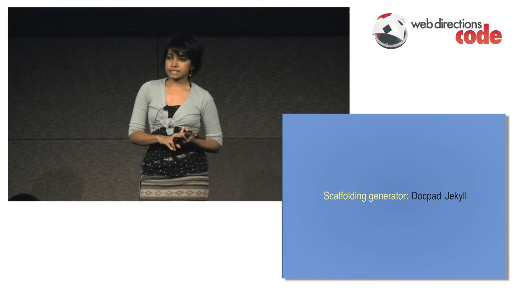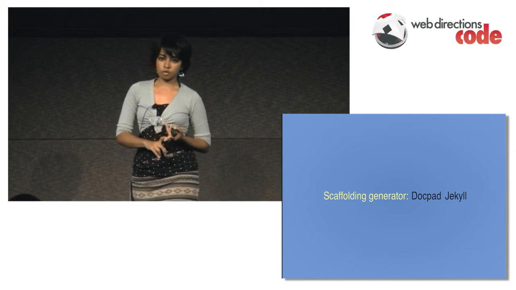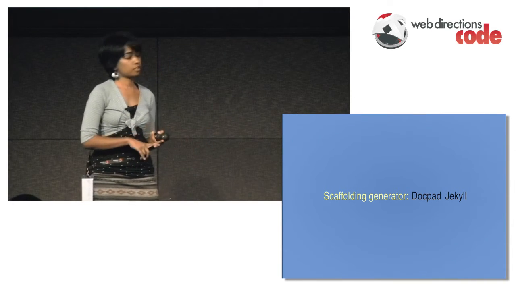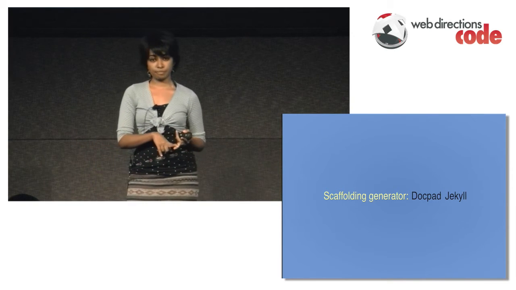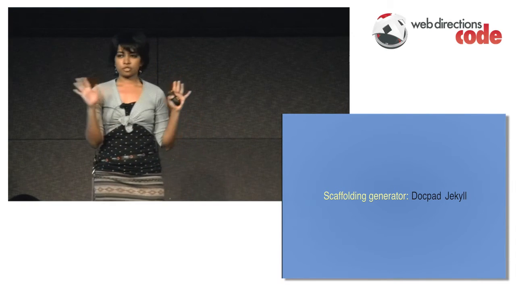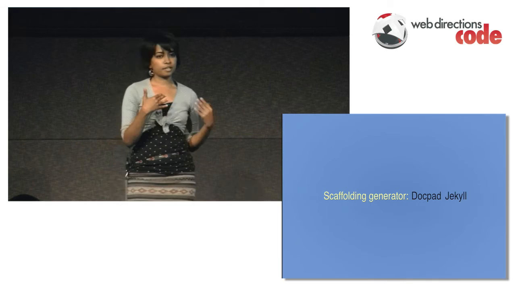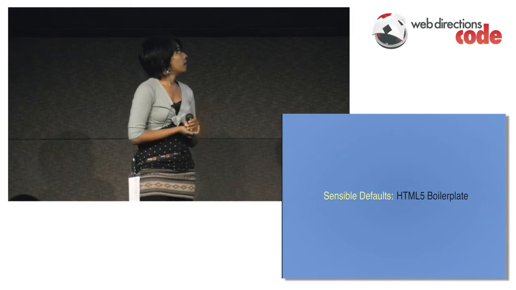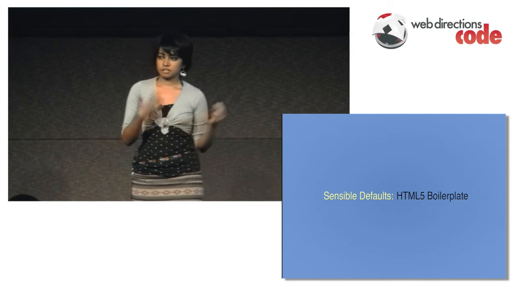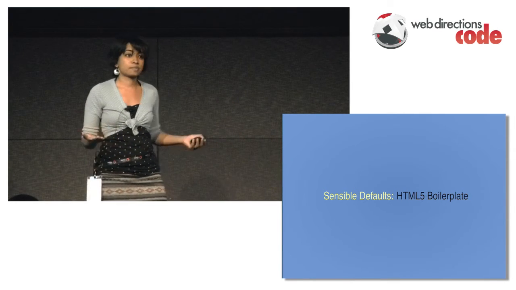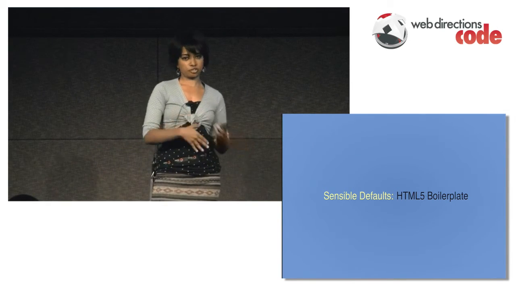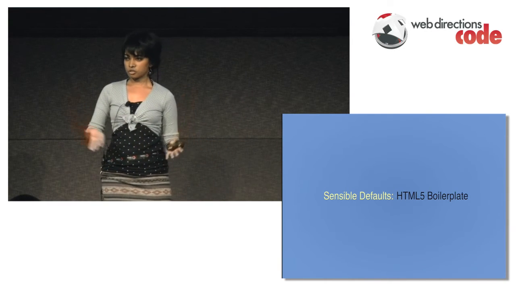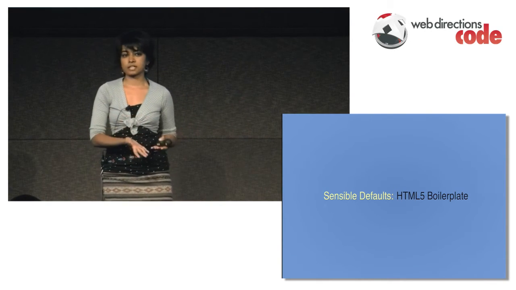So there are two things that are popular. Docpad is for Node, and Jekyll is for Ruby, and Jekyll is what GitHub Pages uses. It's up to you whichever flavor you prefer. I am familiar with JavaScript, so I prefer Docpad and the Node version. And use sane defaults. Obviously, I'm biased, but HTML5 Boilerplate provides the same defaults. You don't have to worry about things, and it's a good starter template for you to get started with on